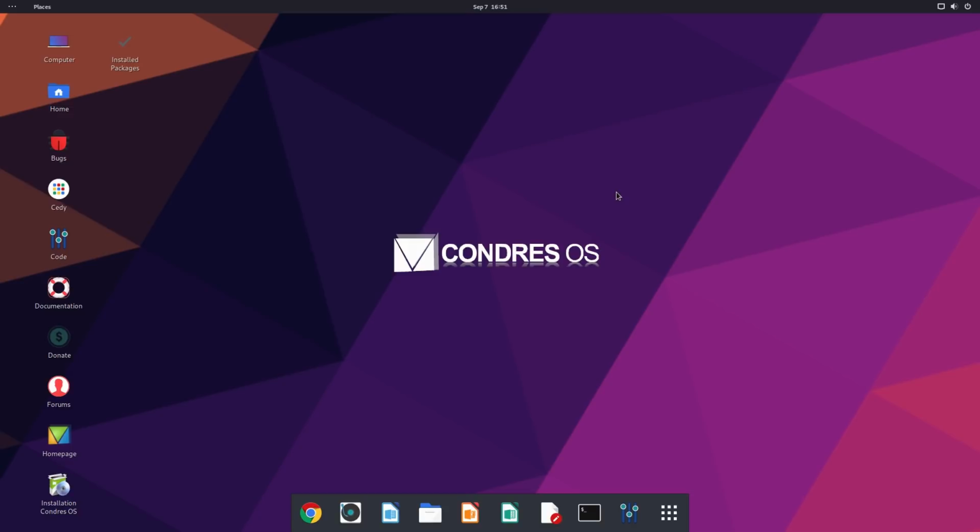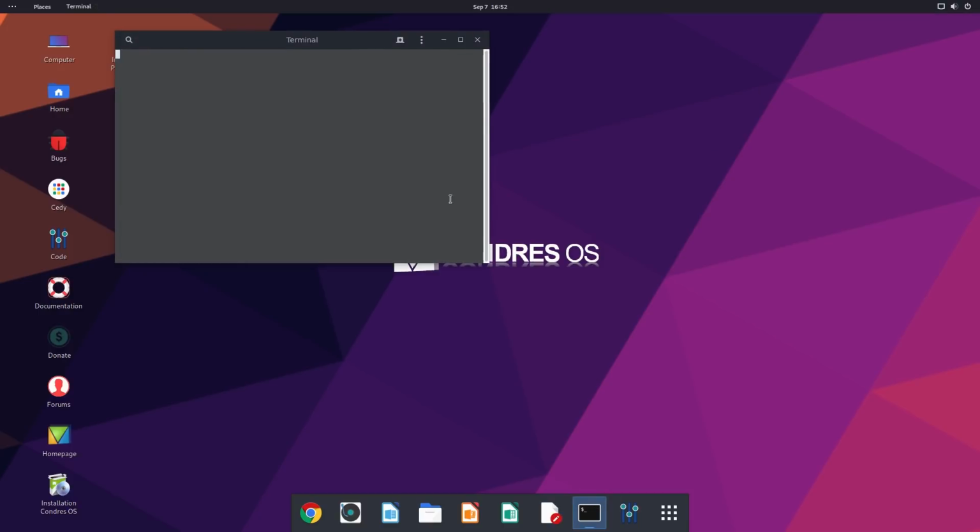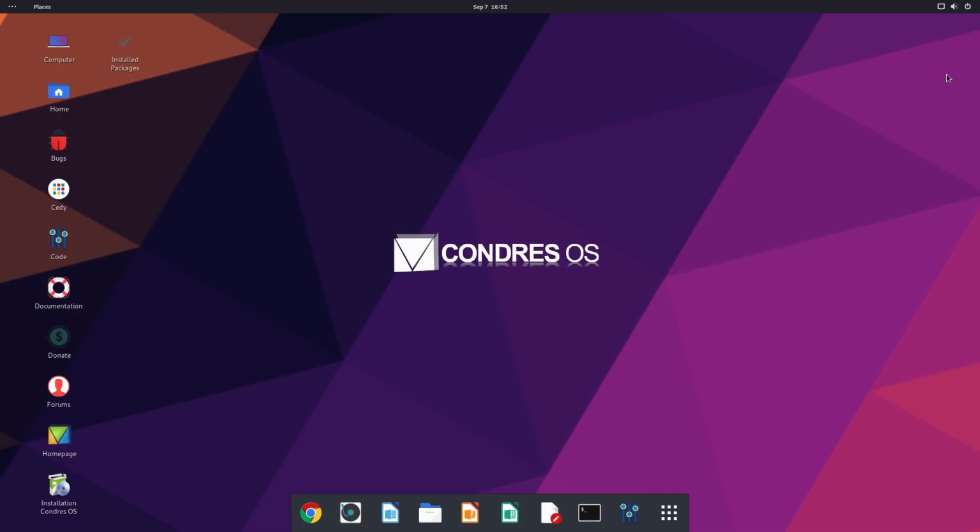So yeah, even here, I can't get the control center to work, which is kind of their standout function. I'm guessing my installed packages application is also not going to work. We have things like Chrome installed out of the box, and we have things like Winetricks out of the box. So overall, my verdict for this machine, let's just burn it with fire. Now, actually, I'm on my live user, so I can't really burn it with fire. But